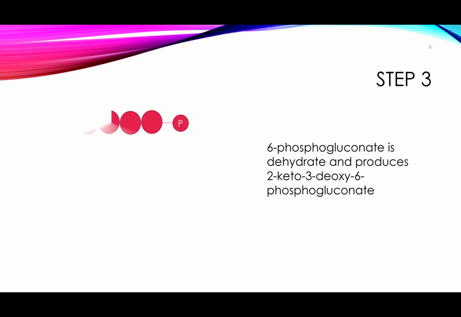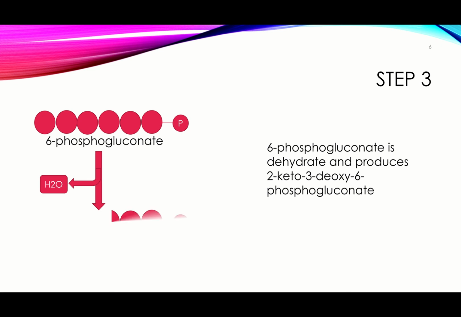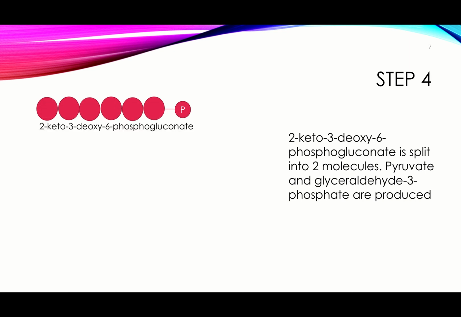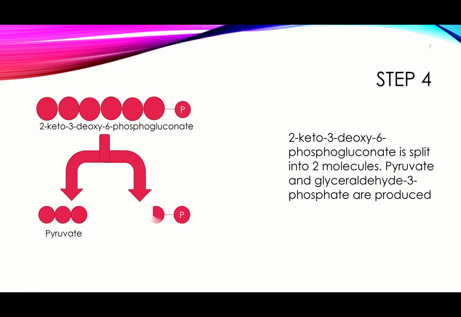Step 3 involves the 6-phosphogluconate from the last step being dehydrated to form 2-keto 3-deoxy 6-phosphogluconate. Step 4 involves the 2-keto 3-deoxy 6-phosphogluconate from the last step being split into 2 different 3-carbon molecules, pyruvate and